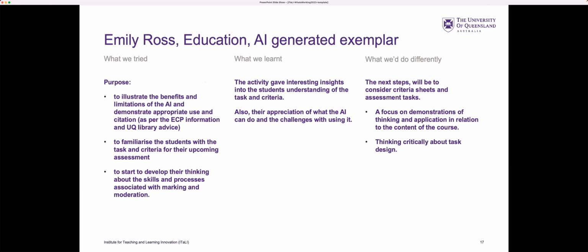So when starting this course, I wanted to give the students an opportunity to really engage in the task. Because as Chris DeLuca talks about, task sheets, criteria sheets, rubrics, they're all very dense text that has really loaded language in it that means something to the person who wrote it. Sometimes it means the same things to people marking it, but at times, until we have that dialogue and conversation about what those words really mean, it won't be naturally obvious to our students what it is we're looking for. So in this activity, what I try to do is take an exemplar into the classroom for students to use to mark themselves using the criteria sheet,